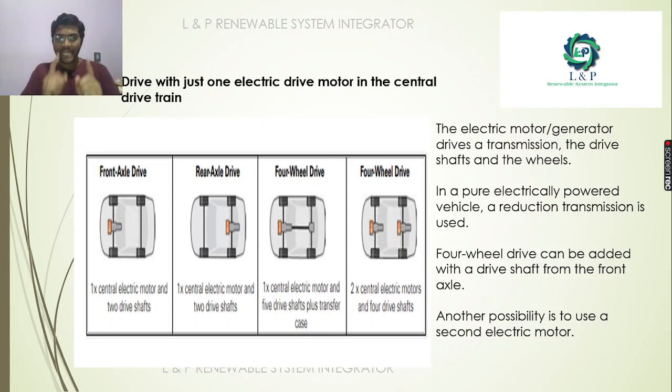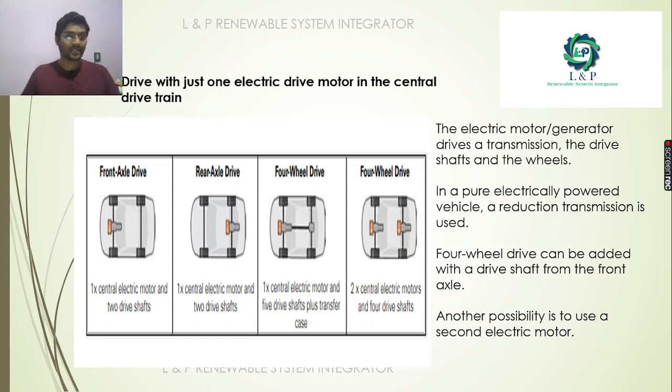One central electric motor and five drive shafts plus a transfer case. Shafts are present, and we are also providing the extra transfer case. And the next concept is also a four-wheel drive. Here, two central electric motors and